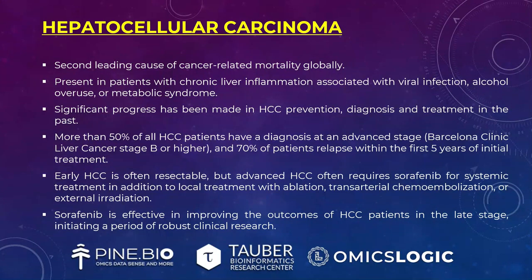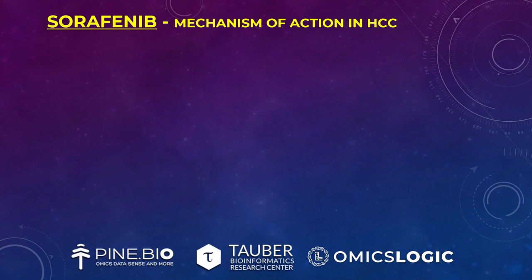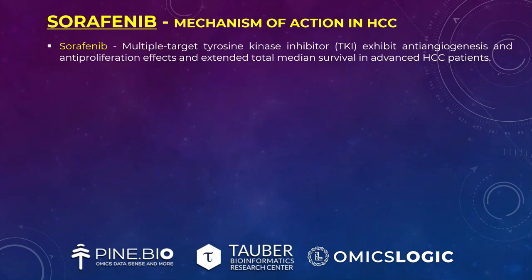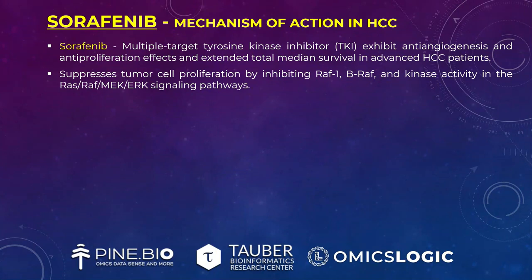So let's see what the mechanism of action of the Sorafenib drug is in HCC. Sorafenib is a multiple target tyrosine kinase inhibitor that exhibits anti-angiogenesis and anti-proliferation effects and extended total median survival in advanced HCC patients. It suppresses tumor cell proliferation by inhibiting RAF1, BRAF, and kinase activity in the RAS, RAF, MEK,